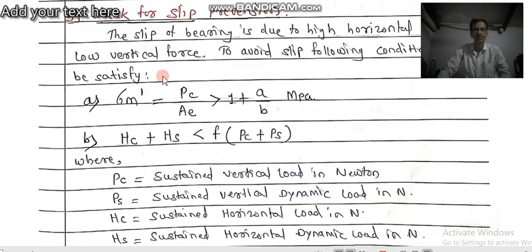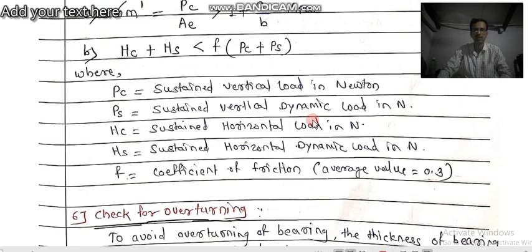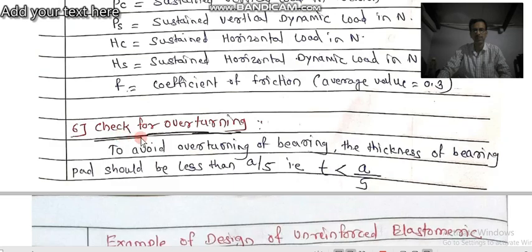So to avoid the slip, sigma m dash equal to PC by AE must be greater than the given limit. If this condition is satisfied, your design is safe. And the last step is check for over